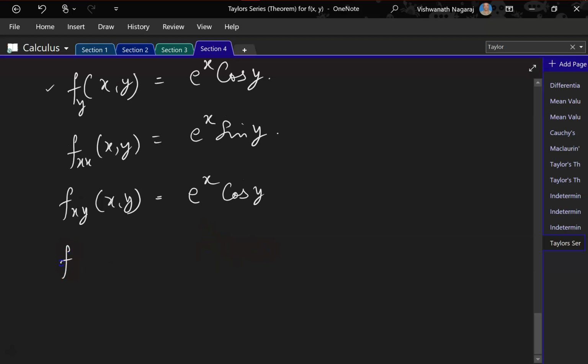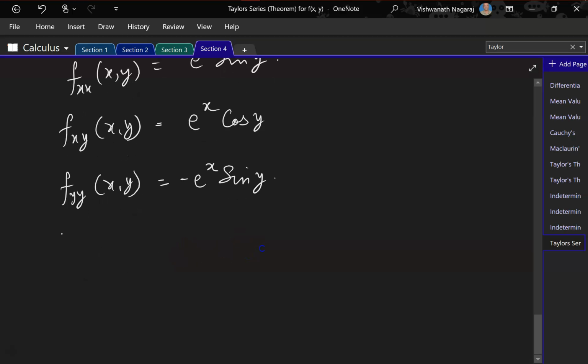Okay, then f_yy(x, y). Now what we'll do is, we'll take this, because it's already partially differentiated with respect to y, and partially differentiated again by y. So e to the power of x. Now cos y is what? Differential of cos y is minus sine y. Okay,